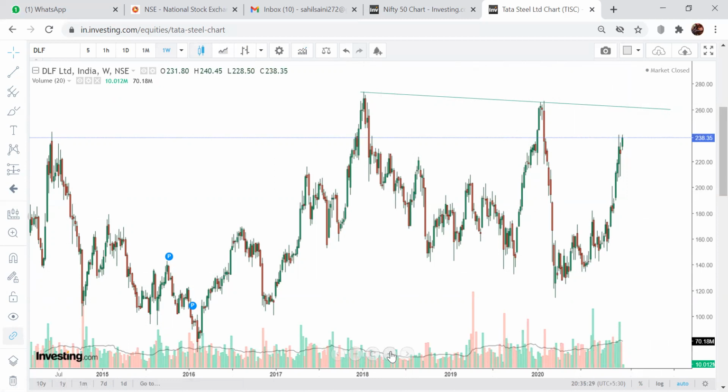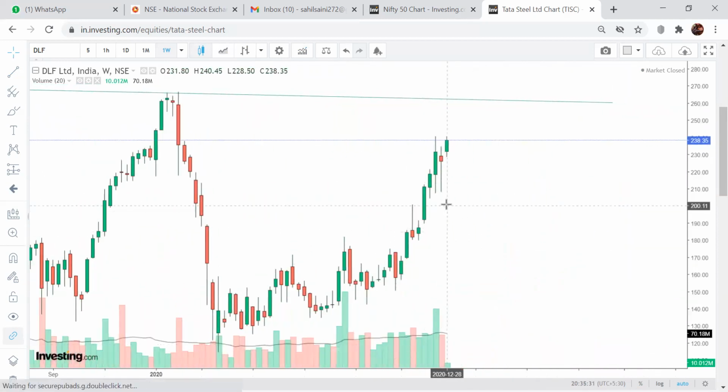And I hope you can see in all the stocks and indices this rejection candle. This was a single day fall, but price recovered really very well. This shows the confidence of market participants. They are ready to pay the price, and they just want all the dips as buying opportunities.